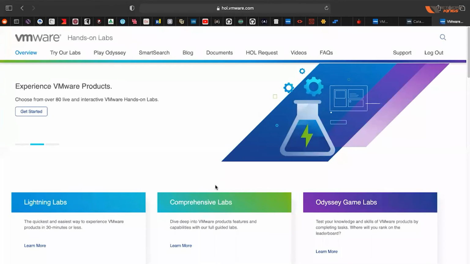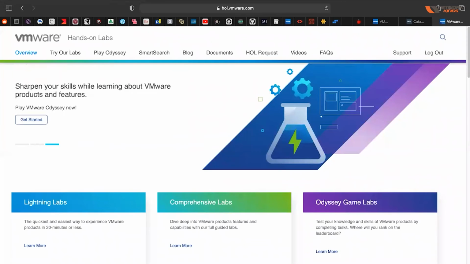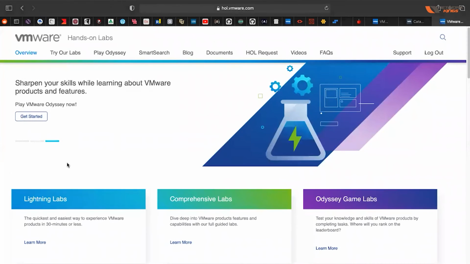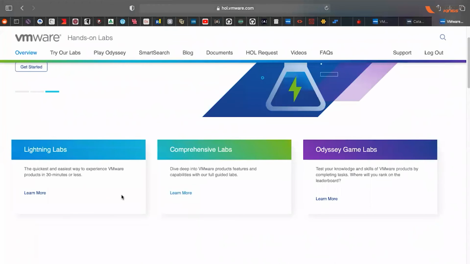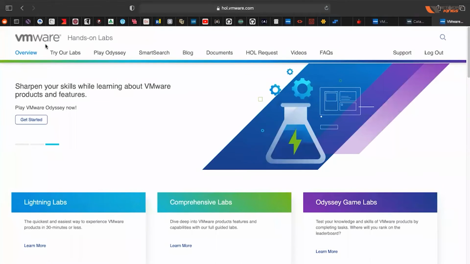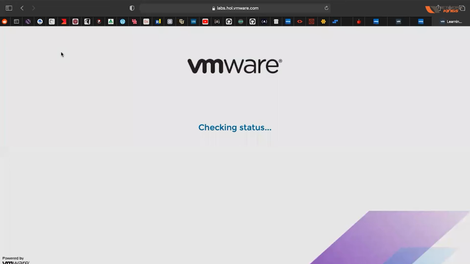If you are able to attend these classes without any problems, without my screen getting blurry, then definitely you can perform these labs as well. Now you click on any of these labs. These are the labs, and you go here on try our labs once you have created your account.